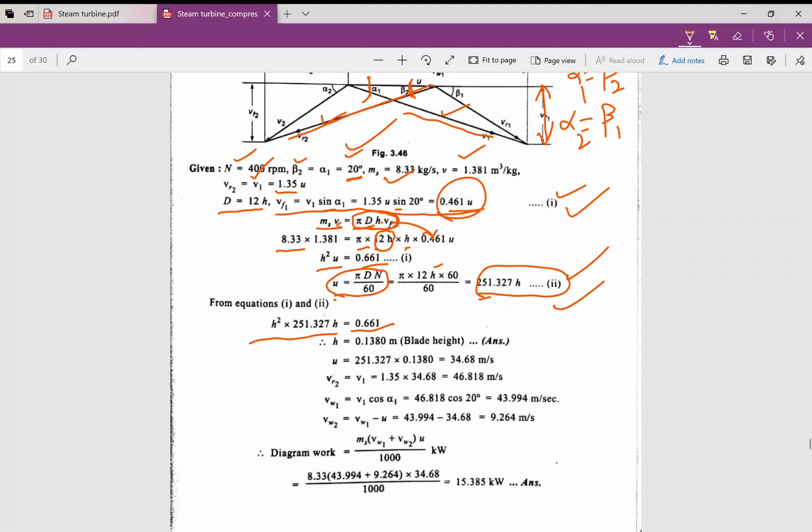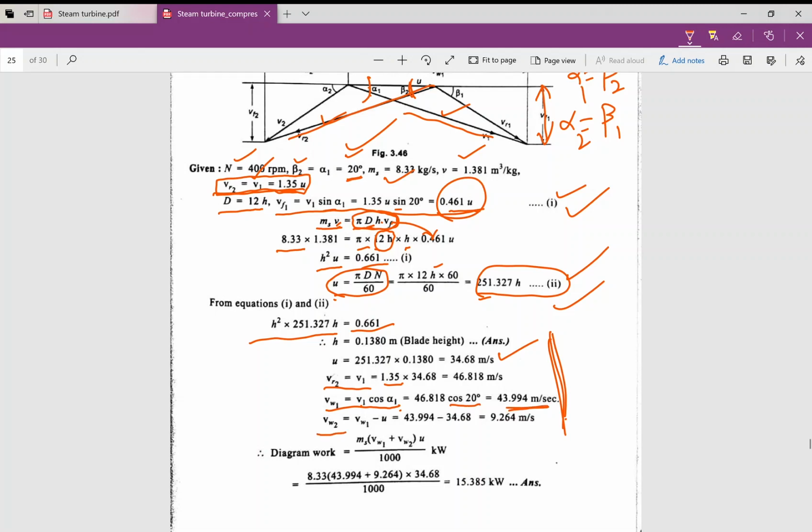With this calculation, we can get the value of u like this. Once u is known, we can calculate VR2, which is equal to V1 with this relation, by multiplying 1.35. If it is known, we can calculate VW1 also, that is V1 cos alpha 1. Alpha 1 is known, 20 degree. We can calculate